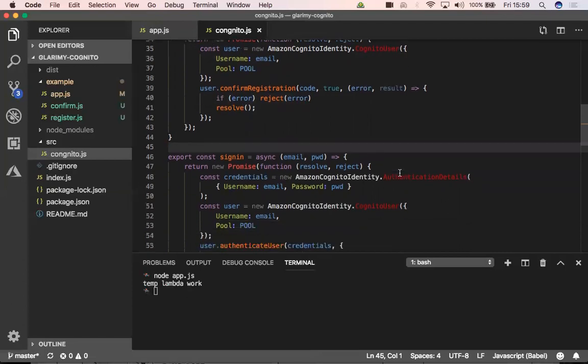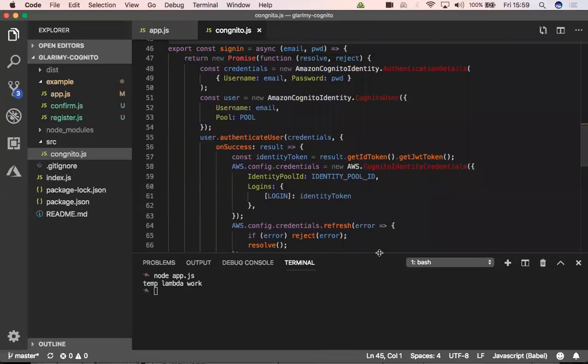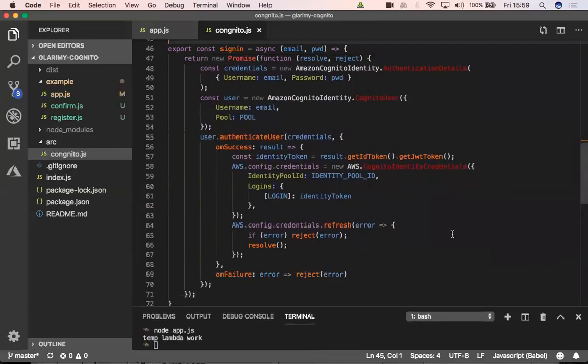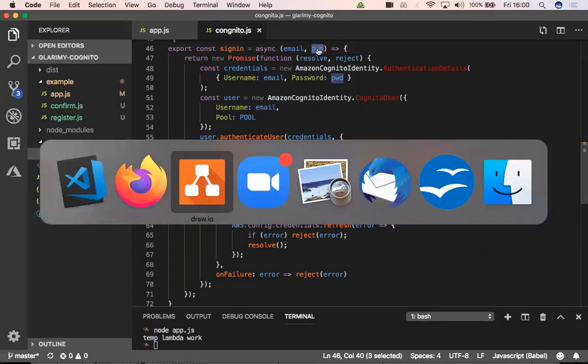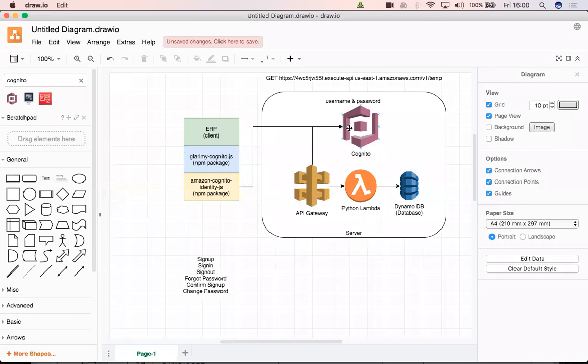But when it comes to sign in, there is a concept behind this. We need to understand a few things here. What do we mean by sign in? Logging in. Login means I need to send my username and password. In our case, email ID is the username, right? I need to send username and password. Then what will the server do? When we say sign in, the call will go here. Cognito will verify whether the username and password are proper or not. If it is proper, what is it that it sends back? That is the question.